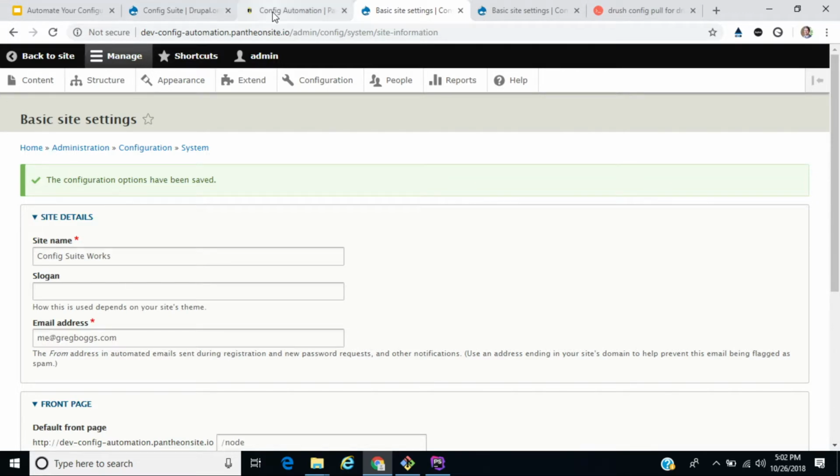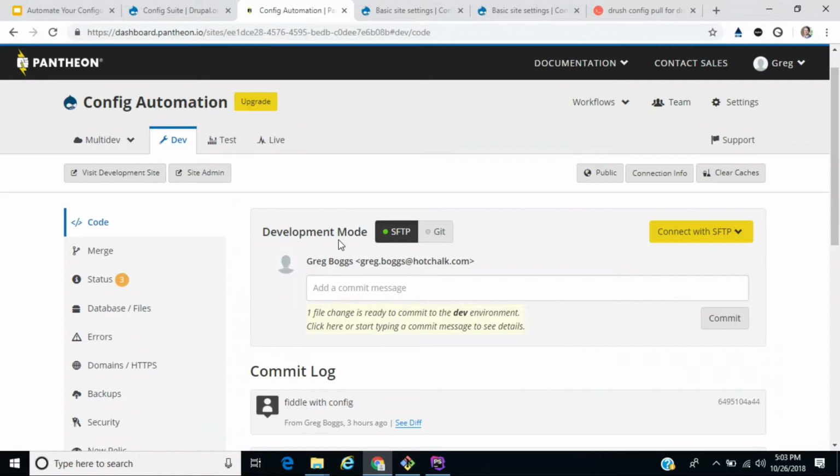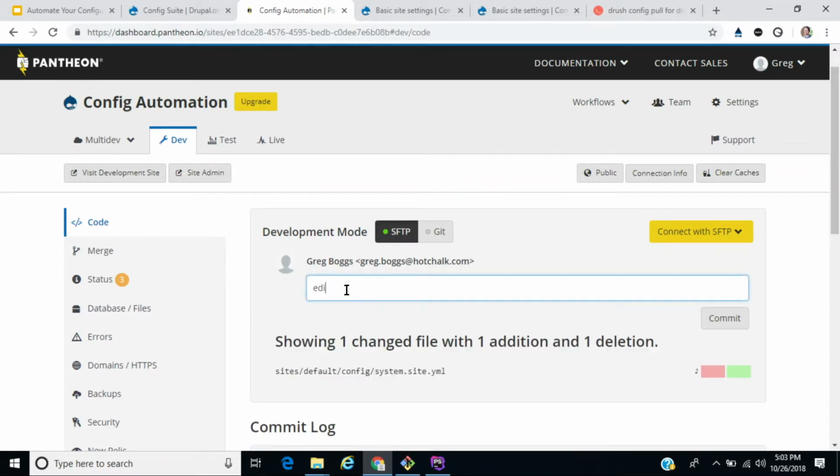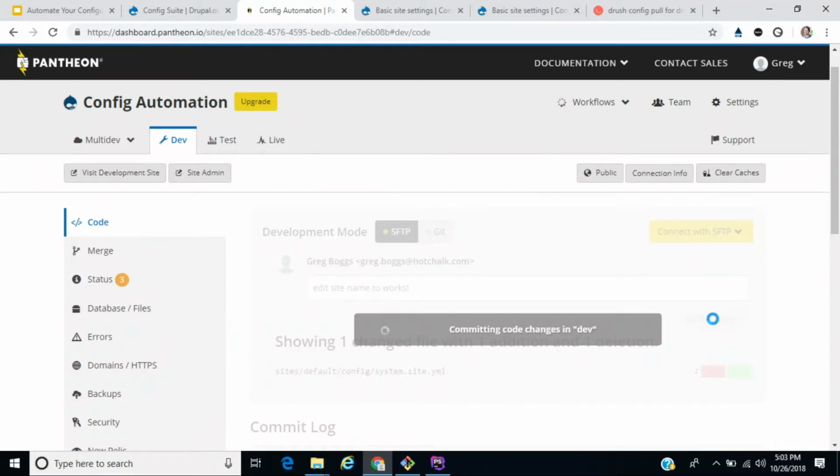But with Config Suite on, you can see here back on the Pantheon tab, Pantheon says one file is ready to be committed to dev. So Pantheon has allowed me to export that configuration automatically to my sync folder. I can say edit site name to works, commit that change. It's now doing a commit for me in the background. I don't have to know how git works. It just makes a git commit with my one configuration change. That will take a little bit. And once that's done,